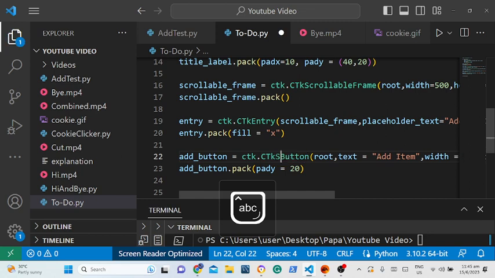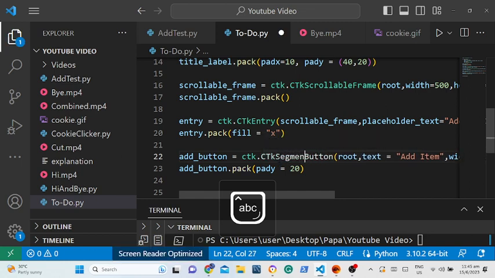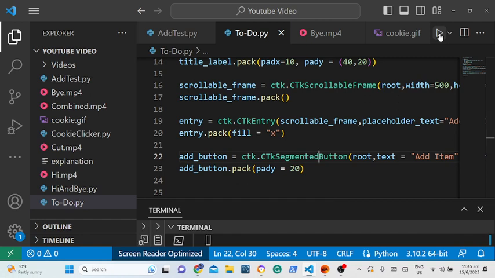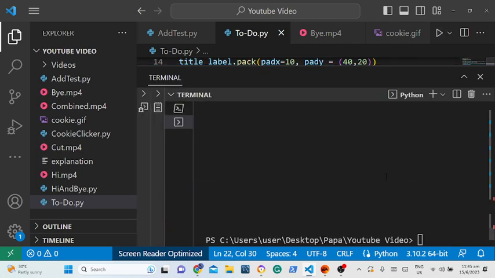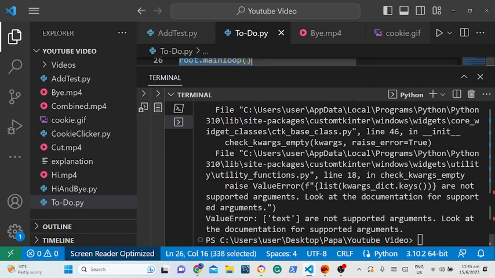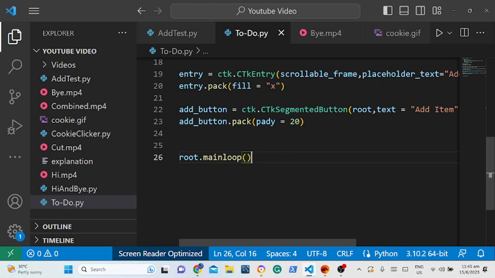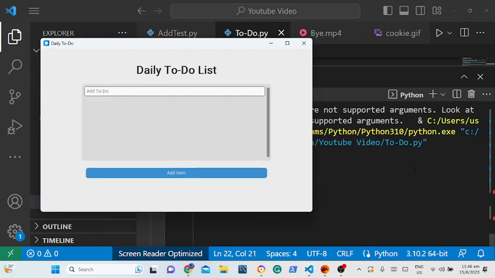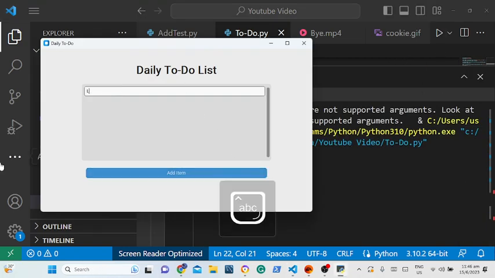So there are a lot of types of buttons you can choose. Let's try out these segmented buttons, and it gets an error. Oh, okay. So segmented buttons, we are not able to do it. So let's use normal buttons for now. And now if we run this, we have a nice thing. We can eat lunch, add an item. Then after that, we have